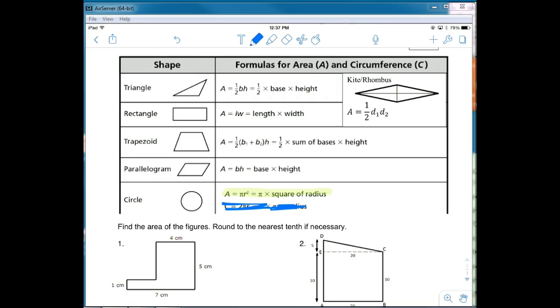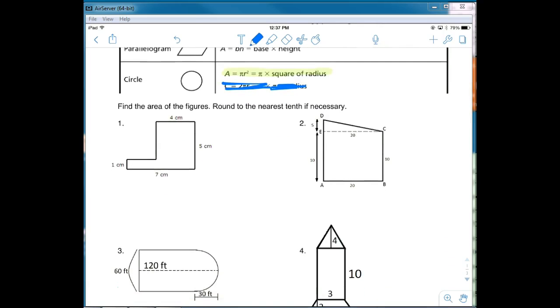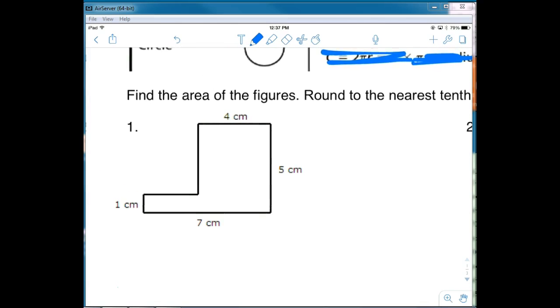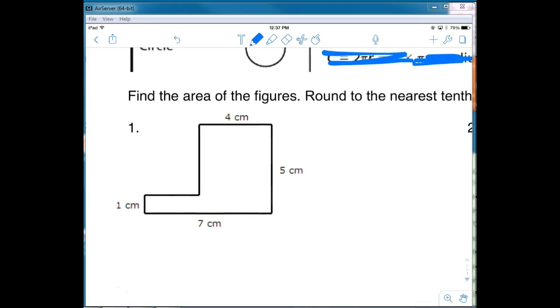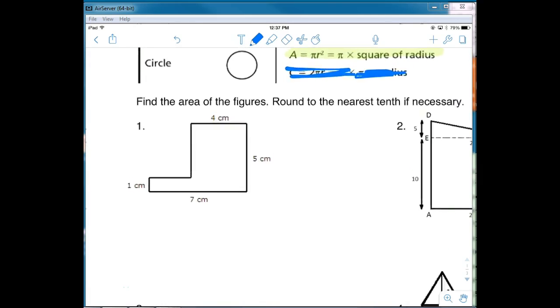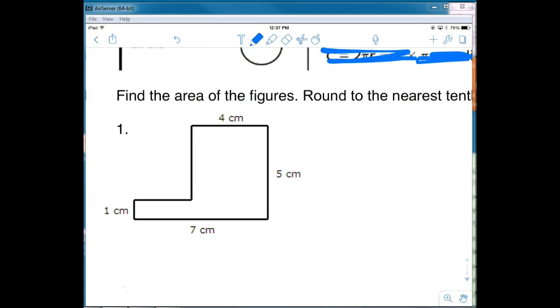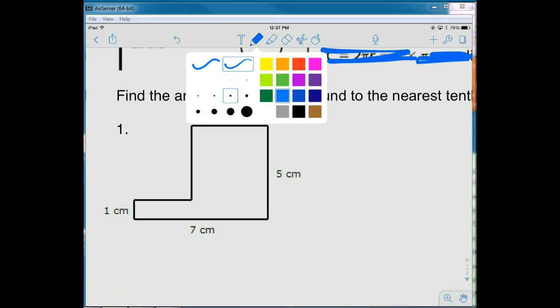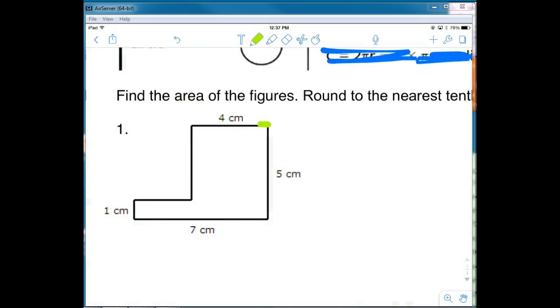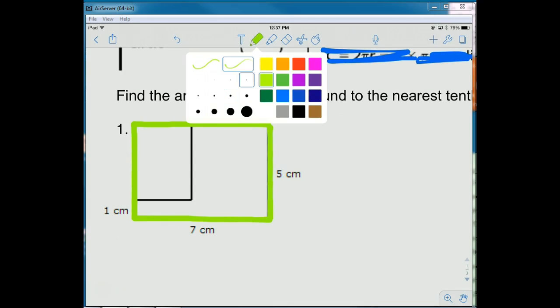It's diagonals multiplied together. The big idea here is that we are going to try to break these shapes up into things we can find the area of. The other method that we have is that we can find the area of the whole and we can subtract what we don't want. And that's what I'm going to start with on this first example. If we were to extend this line all the way around and imagine that we have a rectangle here, we could find the area of that by multiplying